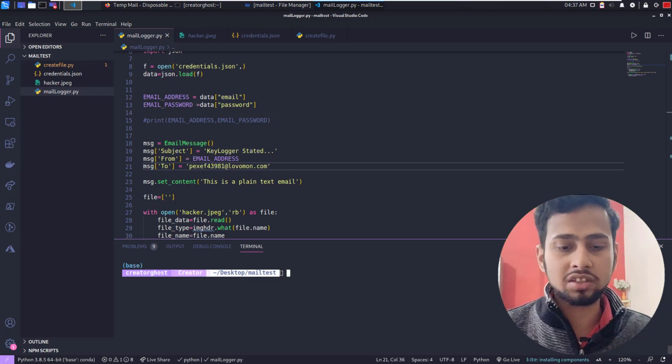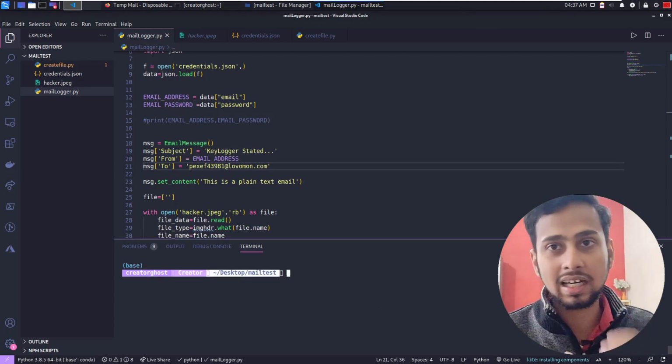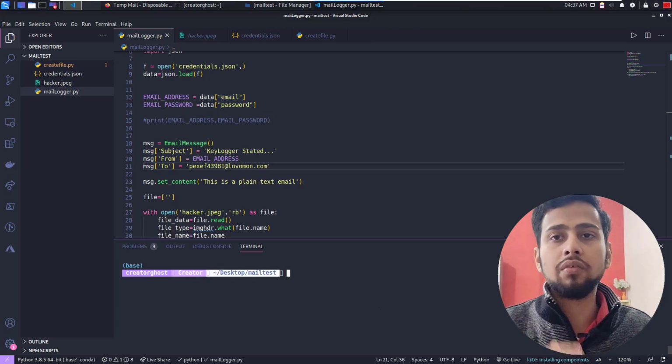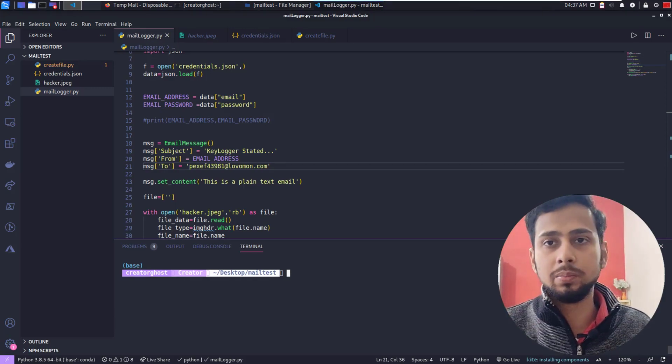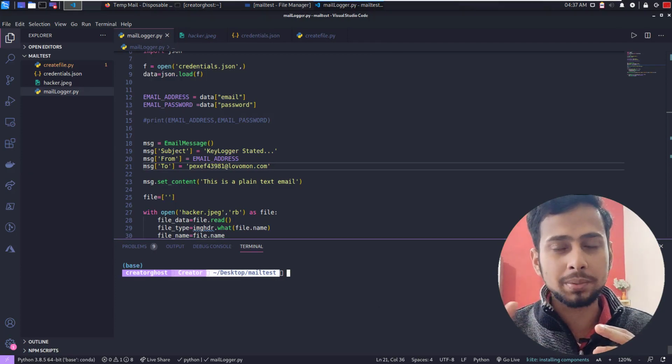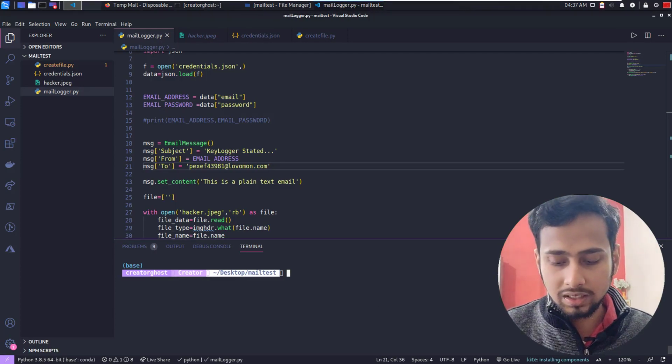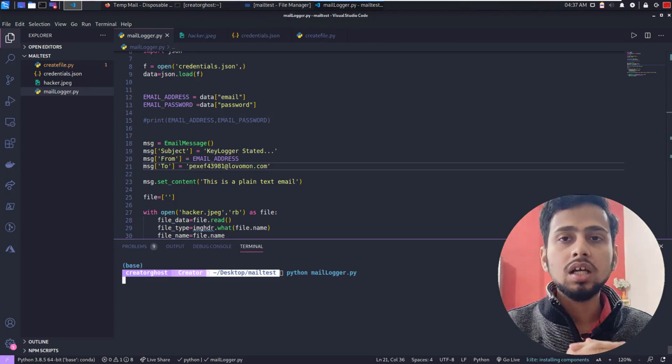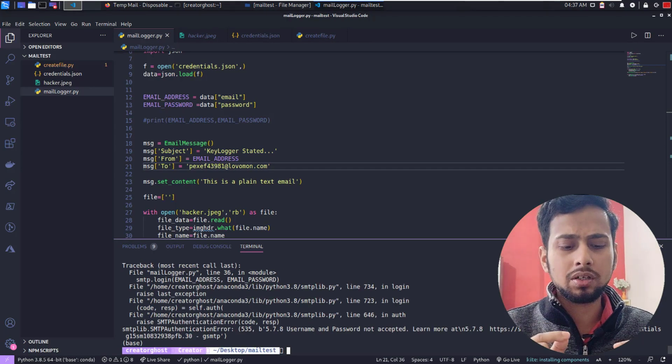Now we are going to send this mail with the hacker's image as an attachment, and then we are going to see how we can extend this to send multiple images, not just a single one, because inside the keylogger we need to send multiple images, that you should never forget. So let's run this code and see how it plays out. It is going to take a bit of time because